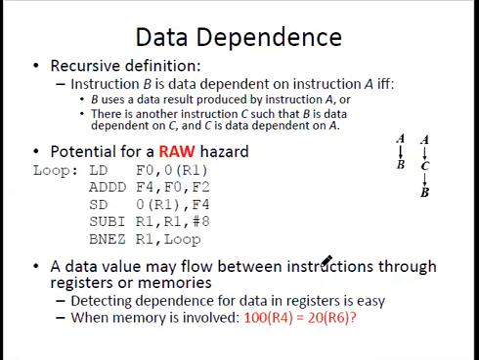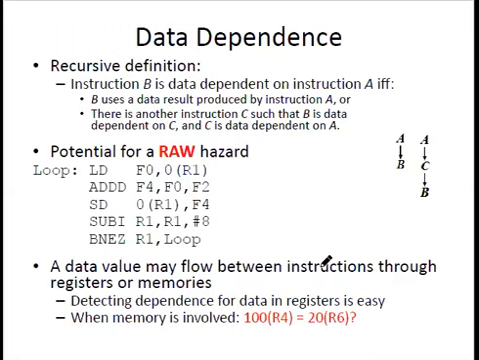So let us see what a data dependence is. Data dependence has a recursive definition: instruction B is data dependent on instruction A if and only if B uses a data result produced by instruction A,